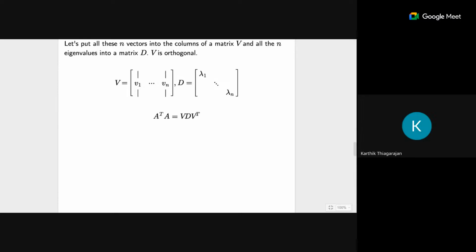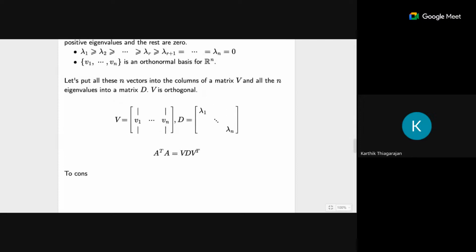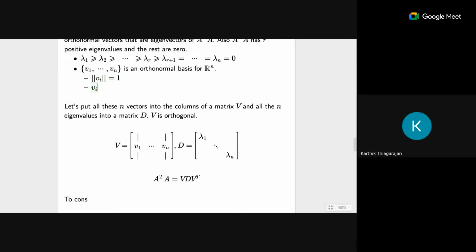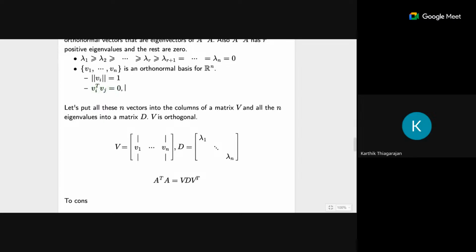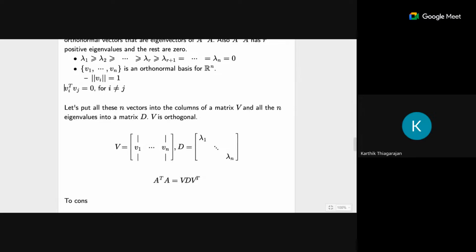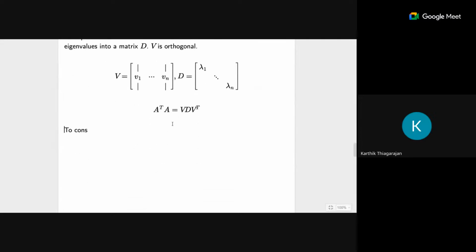Now we are going to construct U. Before we go there, I just want to add that norm of Vi is equal to 1 and Vi transpose Vj equal to 0 for i not equal to j. That's what it means for it to be orthonormal. So to construct U,